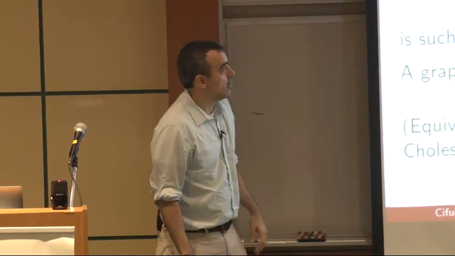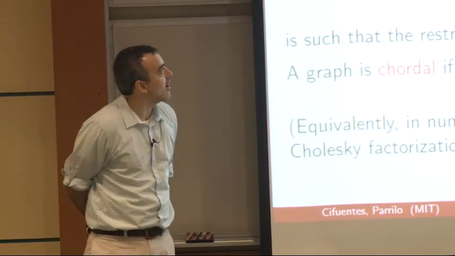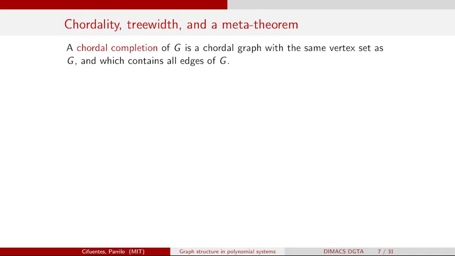A graph is going to be chordal, again, if such an order exists. Of course, it's maybe a strong property, certainly a non-generic property. We have genericity a lot. But what do we do if we have a graph which is not chordal? We just add edges until it becomes chordal. And this is this notion of a chordal completion. So if you have an arbitrary graph like the 4-cycle that I had before, then what you're going to call a chordal completion essentially is a chordal graph with the same vertex set that contains all the edges of my original graph. I just added edges in some way until it becomes chordal.